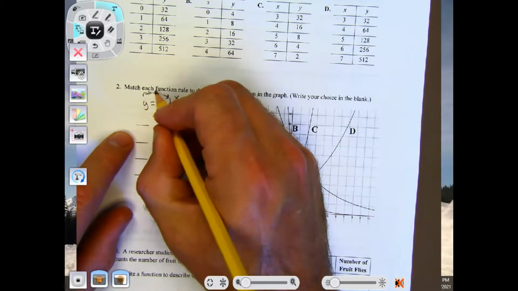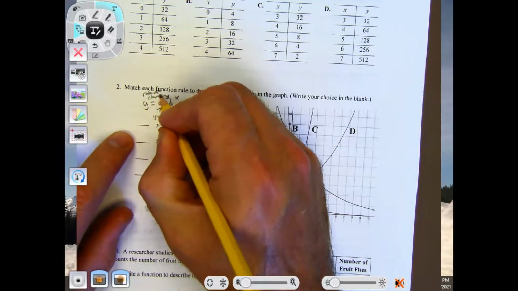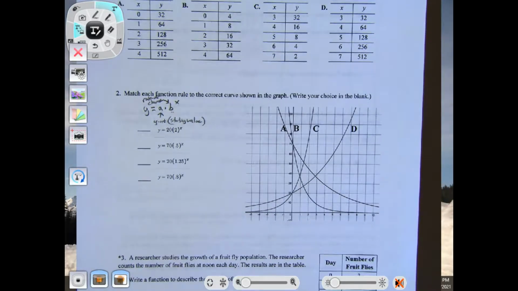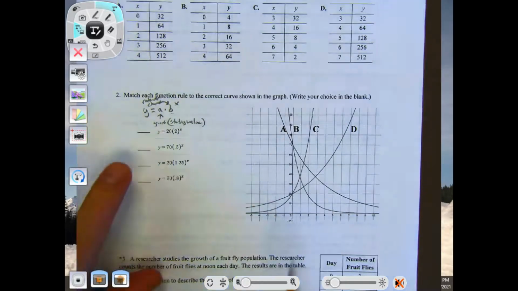So this is my rate of change. This is where you would put percentages and stuff like that. Or if it's doubling, it would be 2 right there. If it's going up by 5%, it'd be 1.05. Or if it was going down by 5%, it'd be 1 minus 0.05, which is 0.95. Okay? So when we look at these